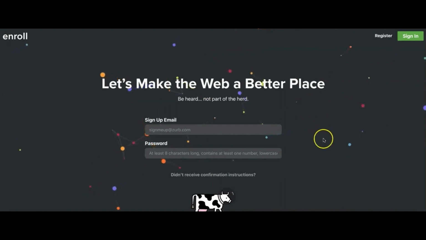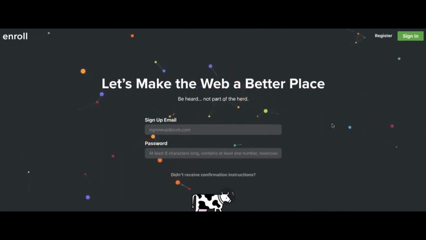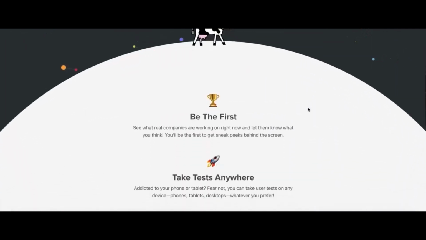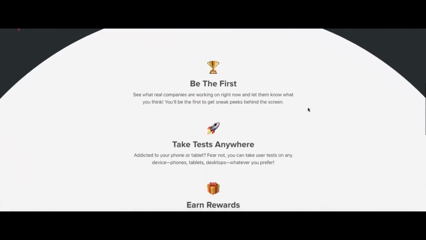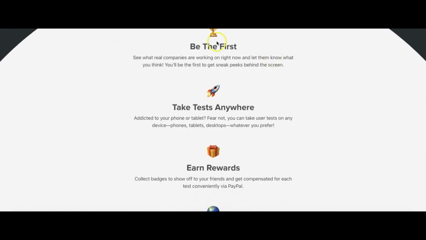Now, you might be wondering what ENROLL is all about and how you can make money with it. ENROLL is a new trending website where you will get paid for completing easy tests. Each paid test you complete will reward you with a 10-cent bounty. The tests themselves usually take anywhere between 30 to 45 seconds to complete. Payout cycles happen once a month to the PayPal account of your choice. So this means you do need a PayPal account to receive your money. You can create a free PayPal account by going to paypal.com, but if you already have one, then you're all good.